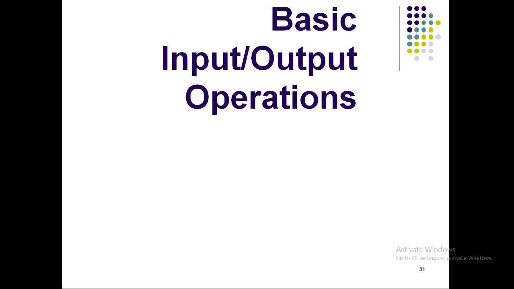Now regarding these input and output devices, they have already been covered in your module number 1. So here we will just focus upon what the various operations are and how the operations are done. Say, for example, I want to access some data from the input device, then store it in a memory, later process the data and finally send the result. So that is what we will be seeing today. What are the various methods to do it?